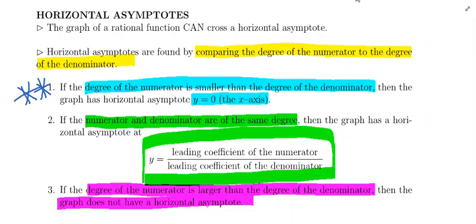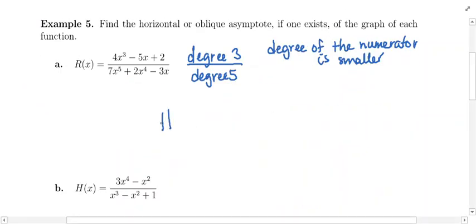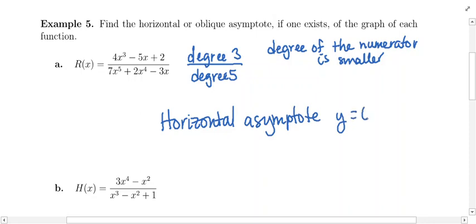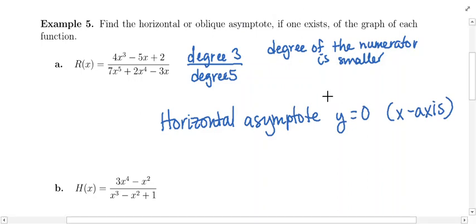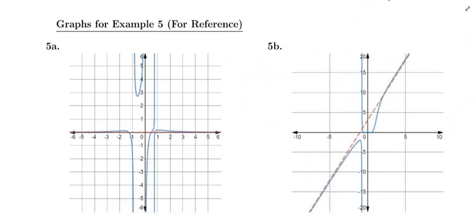So there is no work to do. You can automatically write that it's going to be a horizontal asymptote, and it's going to be at y equals 0, which is the equation of the x-axis. Again, you could type this equation into your calculator, graph it out, and see if you observe a horizontal asymptote at the x-axis. On the next page, I do have all of these functions graphed out for example